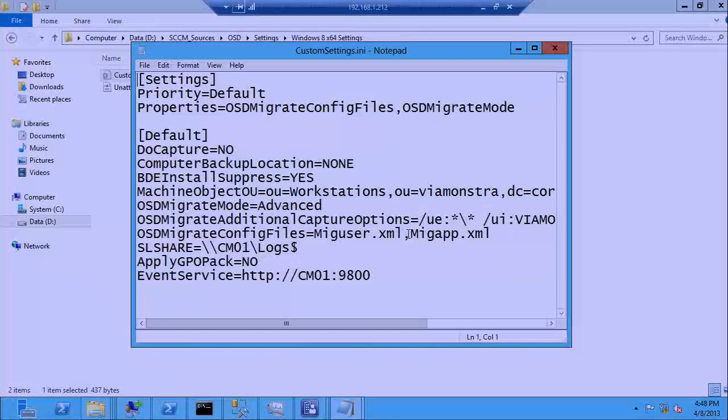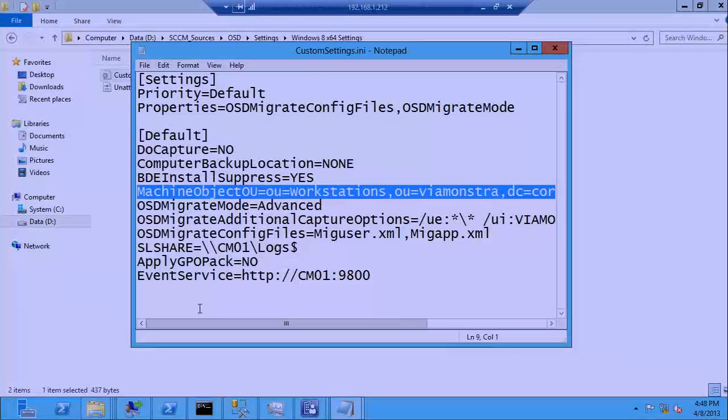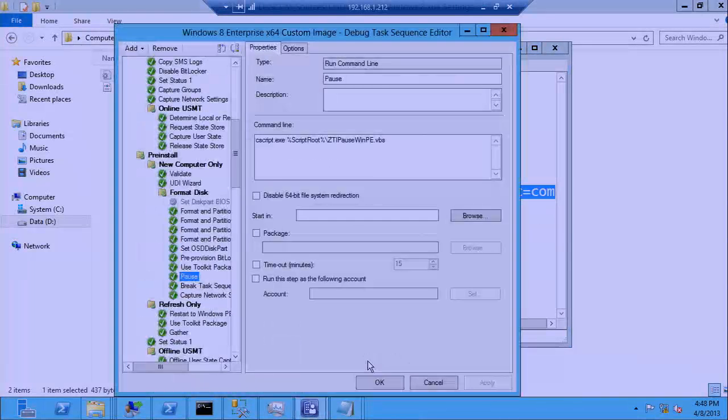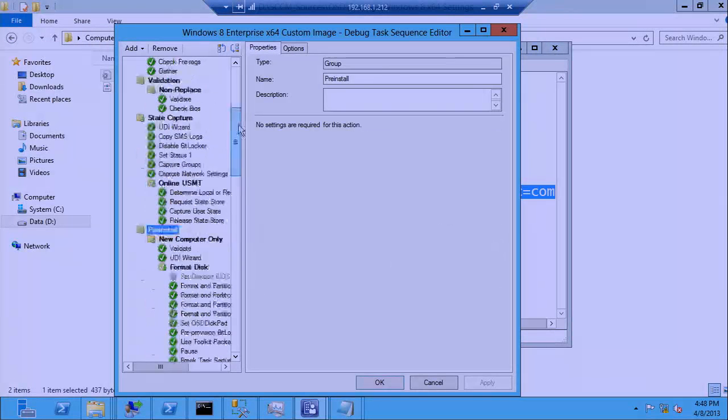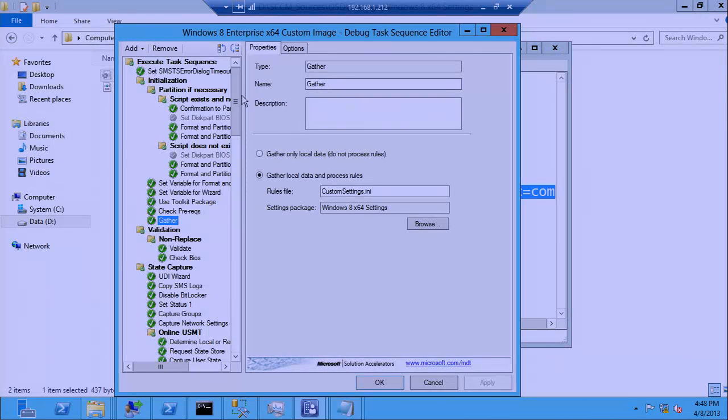For example, in this case, what OU to put the machine into? That means I can have 10 sequences that all 10 are using this settings package. When I deploy those 10 sequences, they will get the OU being added to them. Because in that same sequence, guess what? There will be a gather action. There will be eventually,